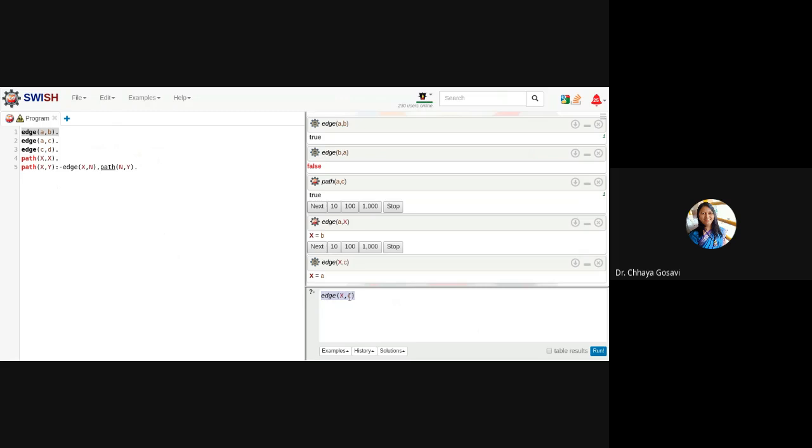For example, age X to C. So this second fact is matching with this query. So X is equal to A. Now in this first case, A comma X, instead of X you can use any variable. So it is matching with the first fact. So X is written as B.